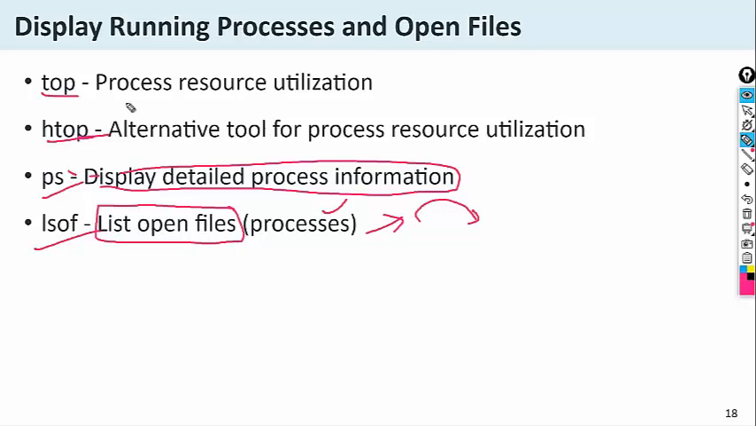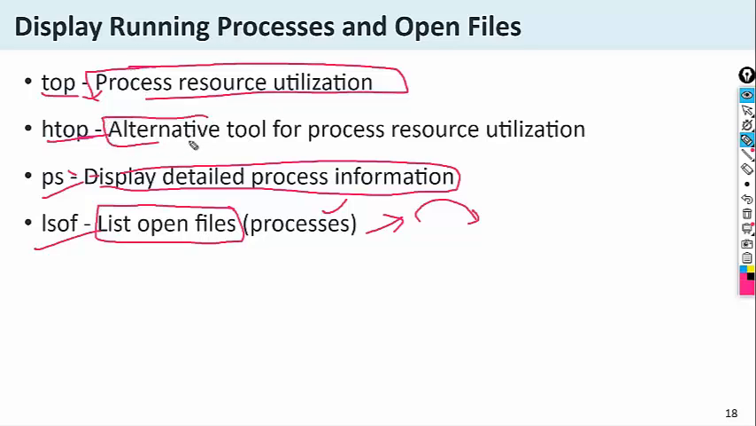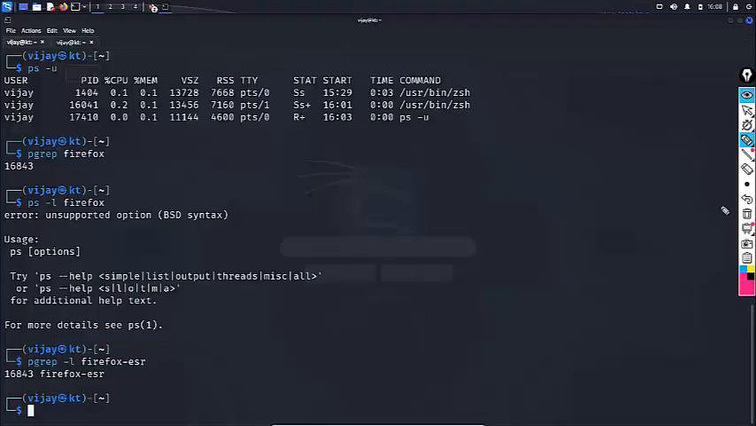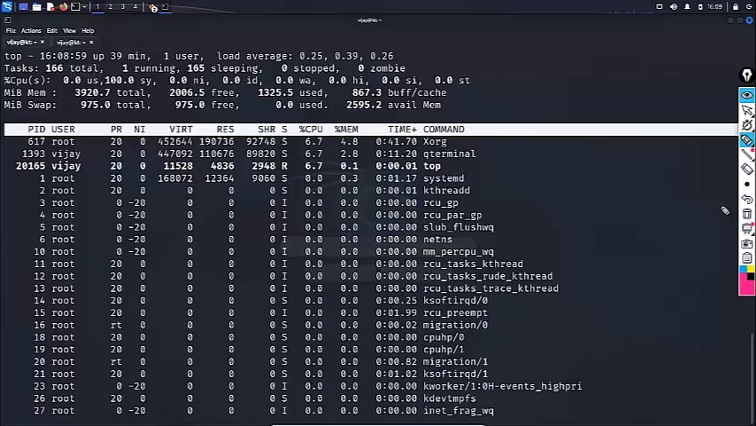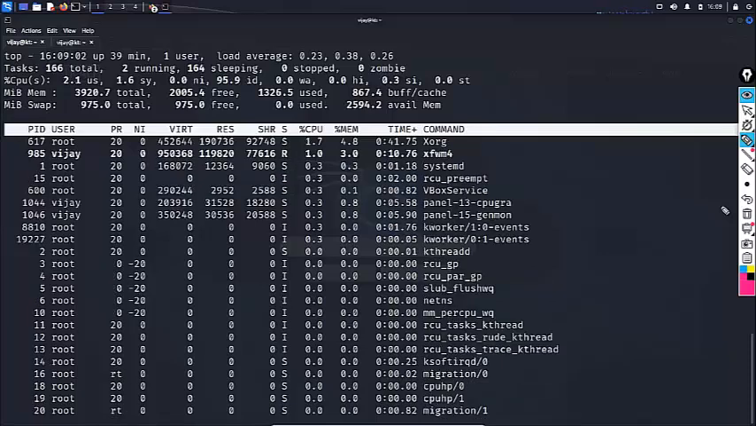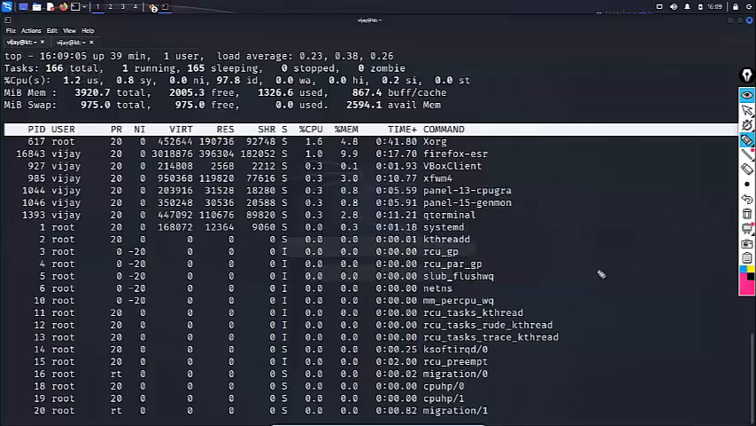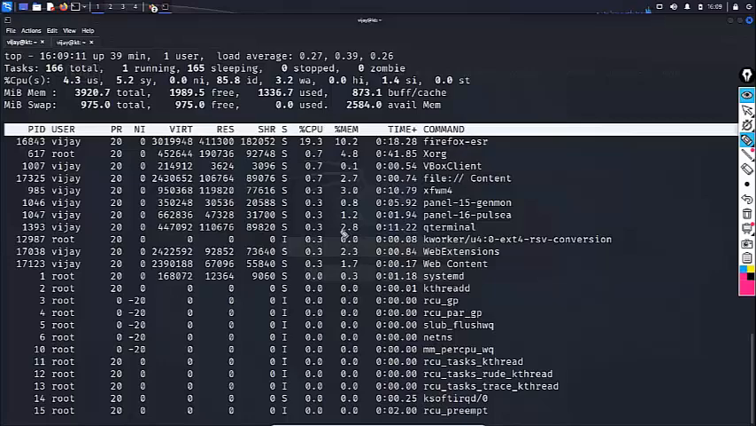The top command and htop are used for resource utilization, and htop is an alternative tool for process resource utilization. I am using the top command here. When I run the top command, you can see lots of processes consuming lots of resources. Got it? So here the